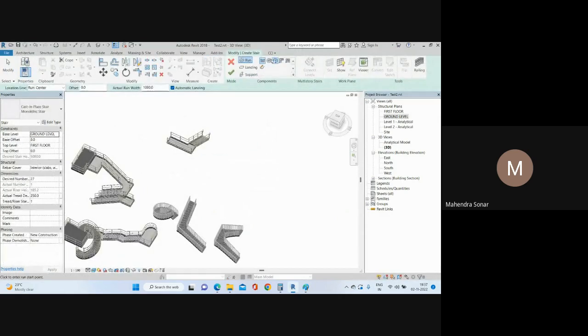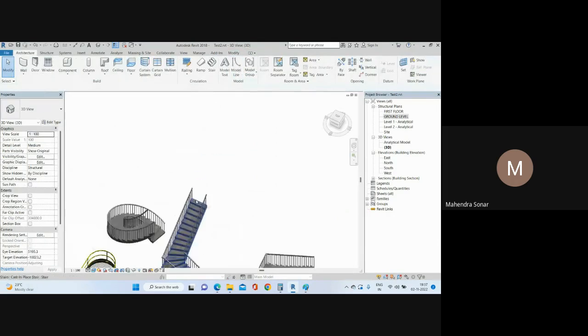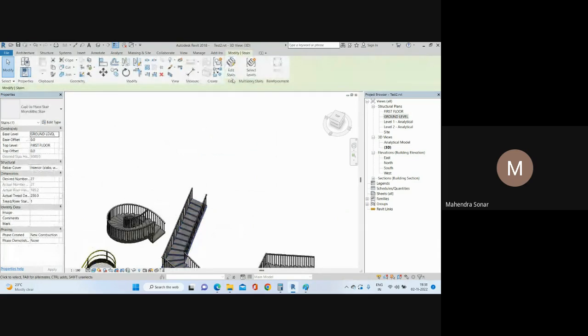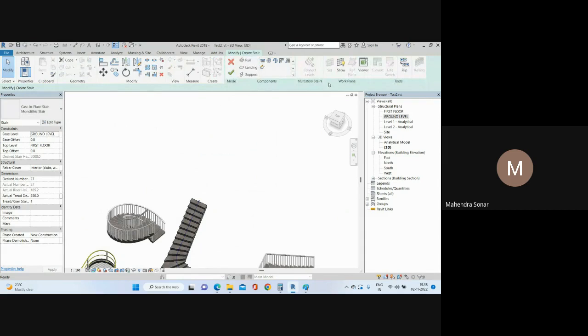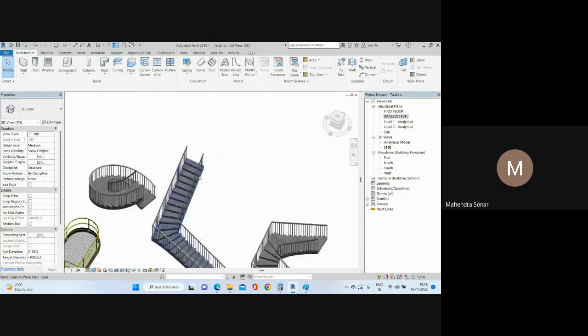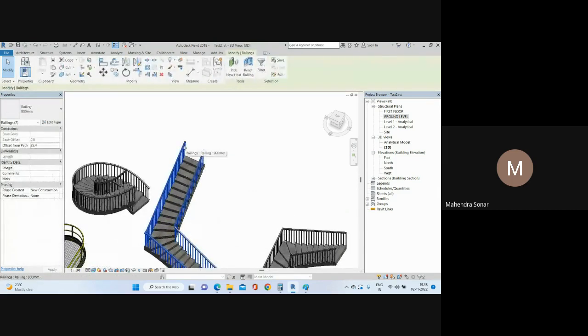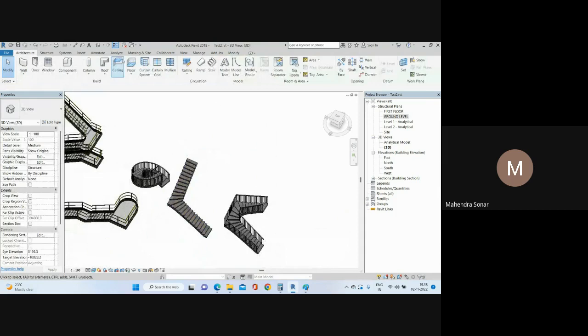Okay, so these are different types of stair here. So you can use this option if you want to edit. Okay, so just click, and this tab is automatically active here. So you need to click edit stair, and you can add the landing here. The railing also comes automatically. Okay, so if you see here, if you delete this railing, you can add an architectural railing, and